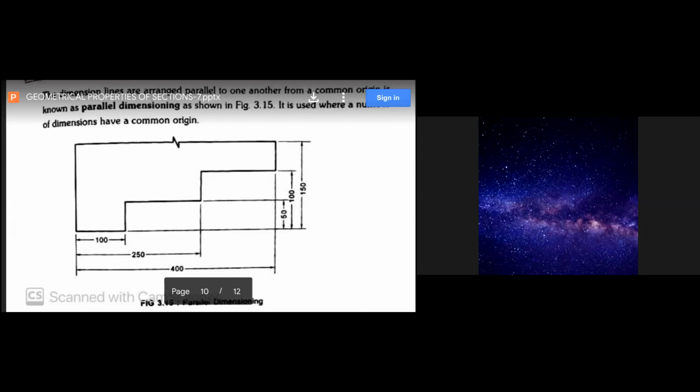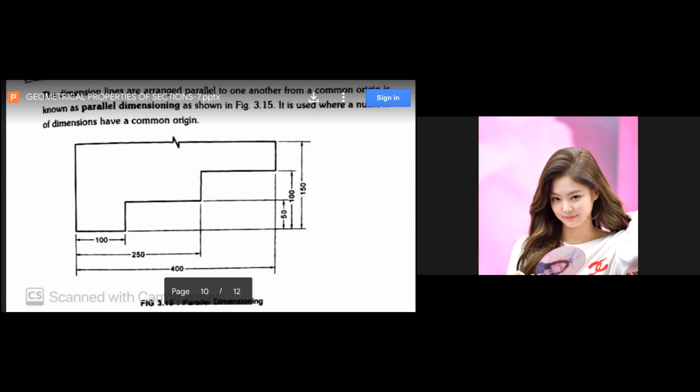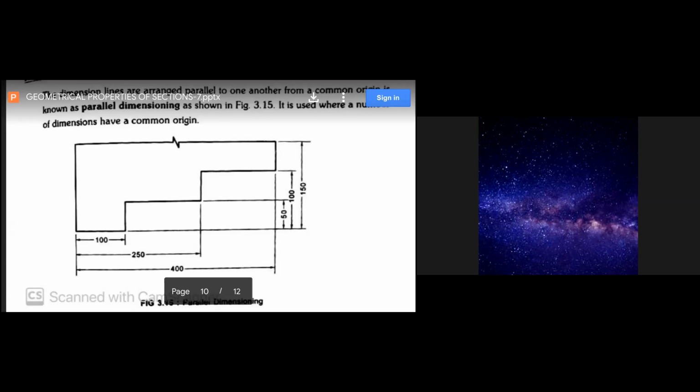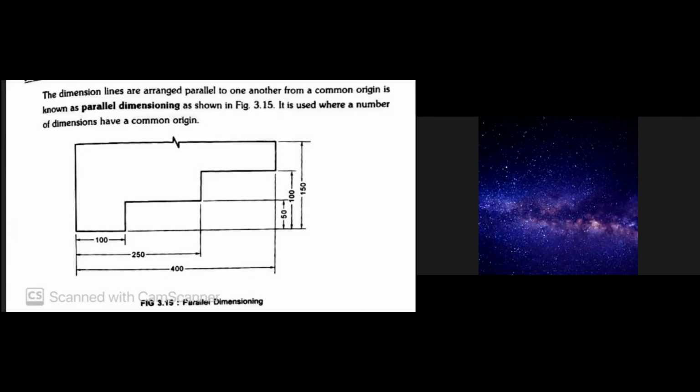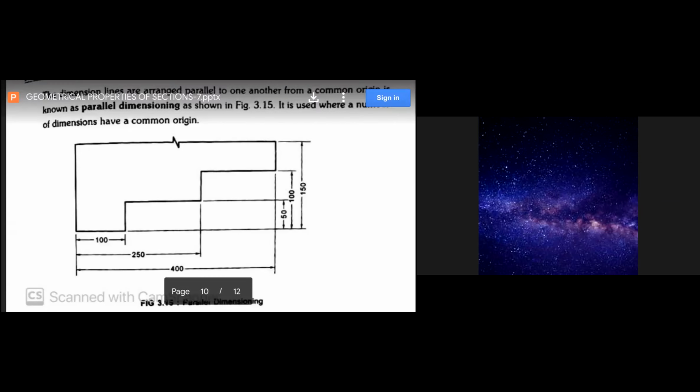The starting point of the three dimensioning lines is the same point. That is, in these the dimensioning lines are parallel to each other. If you arrange them like this, with dimensioning lines parallel to each other, we can term the arrangement